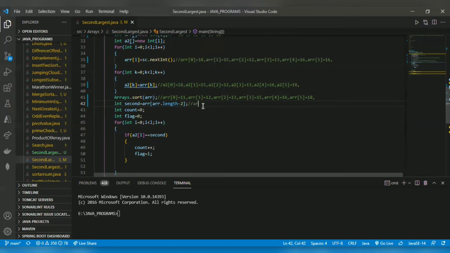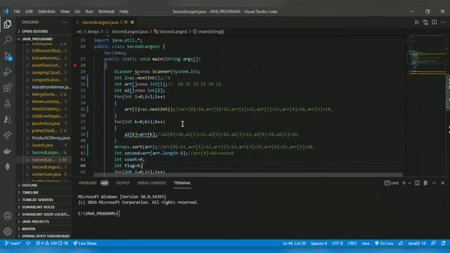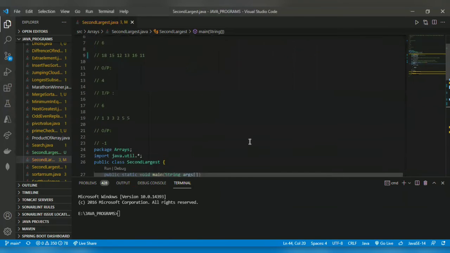So arr[4] is 16. It will be stored in second. Then we initialize count equal to 0, flag equal to 0. We have to find the index.